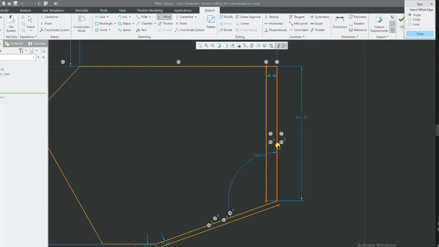Okay. The details of this, definitely when we come to the practicals, I will tell you. So this is all about what we have covered so far in the sketching part. The fillet part we are going to discuss later on when it comes to the exercises. Okay. After that we have the editing tools. Then we have constraints and dimensions. Okay.